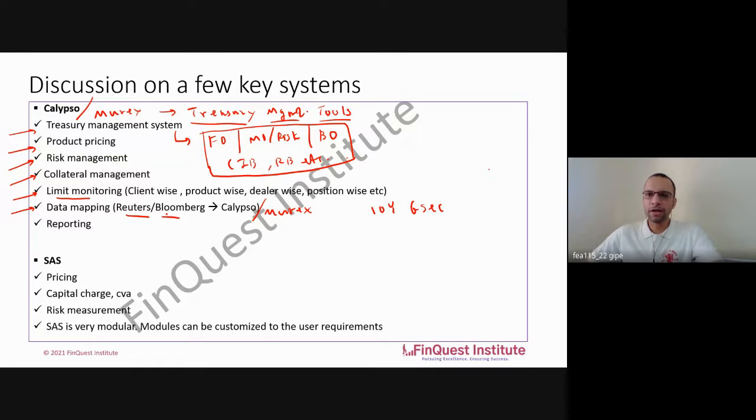Bloomberg has what we call tickers. We have a BBG ticker, and for Reuters, if I recollect, it is the Reuters RIC. When I say a Bloomberg ticker or a Reuters RIC, that is a unique identifier for every parameter you're looking at. Let's say I'm talking of the 10-year GSEC, and I have Bloomberg as a system. Bloomberg may give the name to this ticker as something like 10-year GSEC. This represents what the 10-year rate is standing at today. It may be something like 4%, just a hypothetical number.